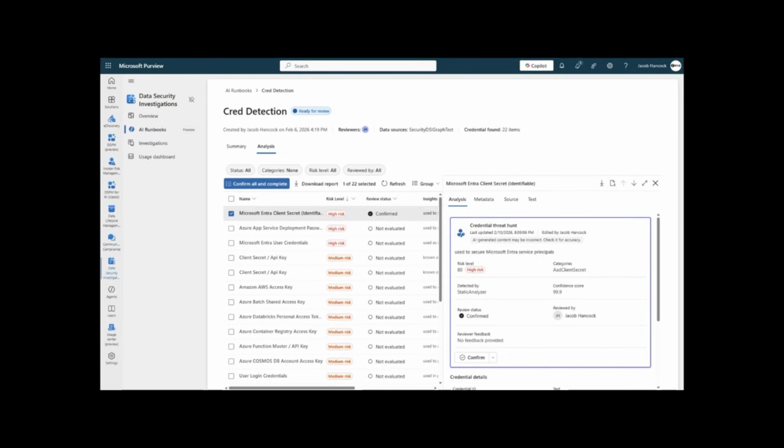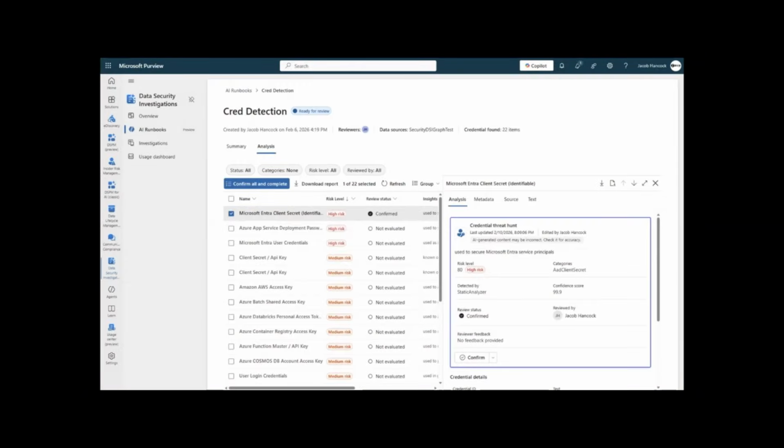I can look file by file. Back to the question earlier of, give me confidence that the AI is hunting for the risk that I wanted to hunt versus wasting my time with false positives. So here I can look at each file. It tells me a confidence score. Again, the goal is to give you as much information as possible, so you as the human feel like the agent is doing what you wanted it to do versus wasting your time with false positives. So here, for each file, I can confirm, or I can multi-select. There's a button confirming all and complete. And that's pretty much the agentic workflow.